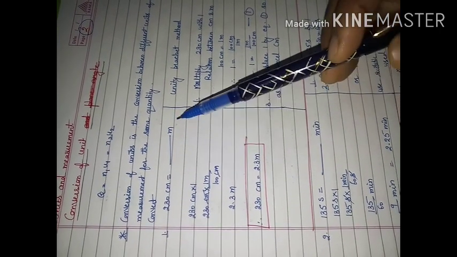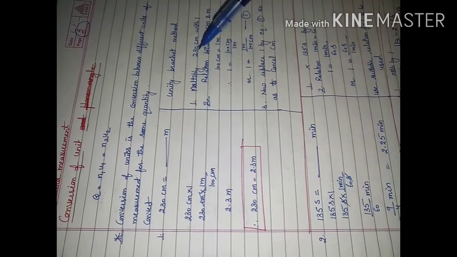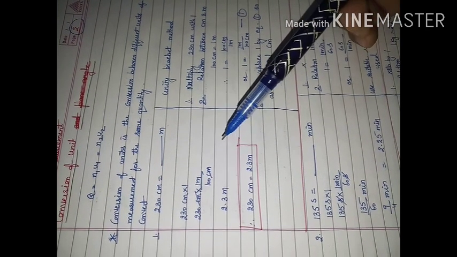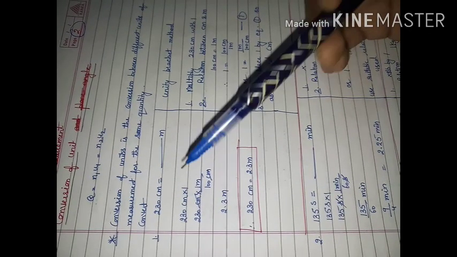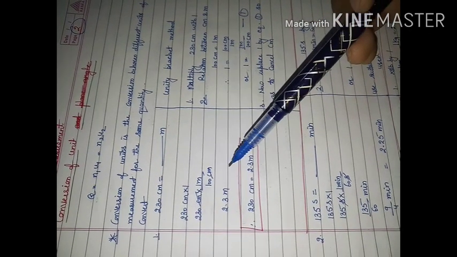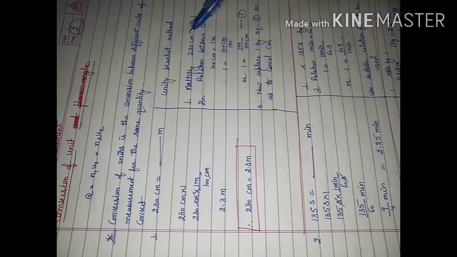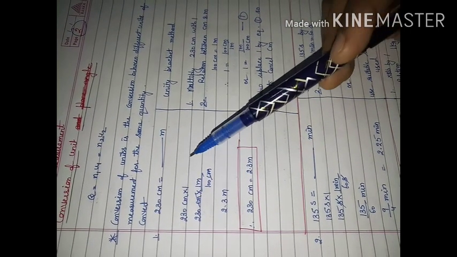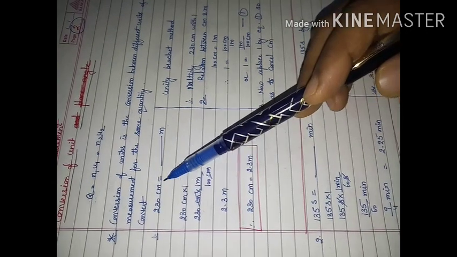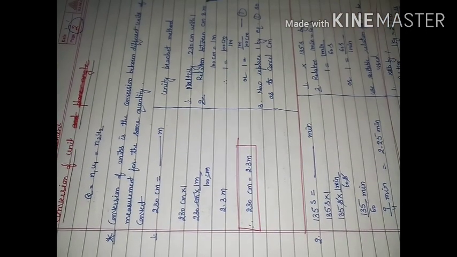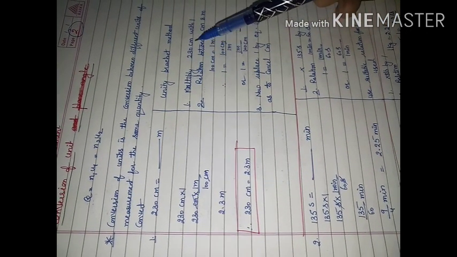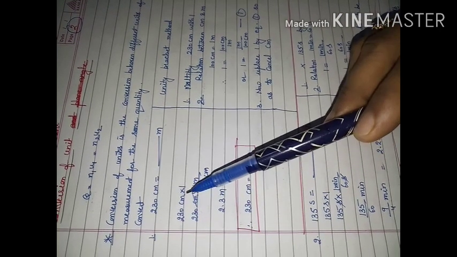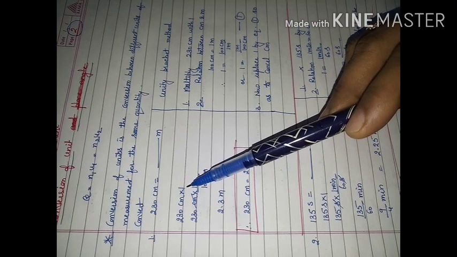In order to solve all these questions, I am writing steps here. Maybe it is going to be very simple for you, but whether the level is simple or complicated, we will follow these steps. First, we will multiply the term that is to be converted with 1. So multiply 230 centimeter with 1. This is the multiplication done: 230 centimeter multiplied by 1.